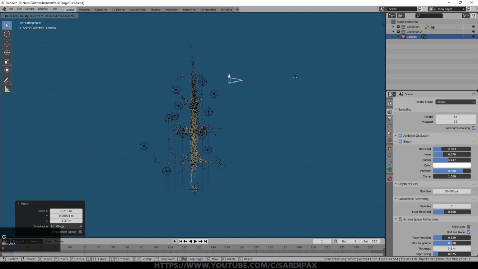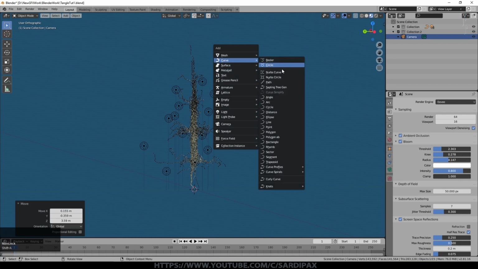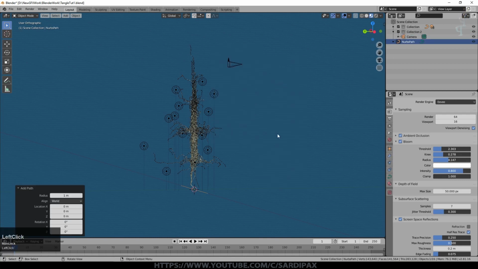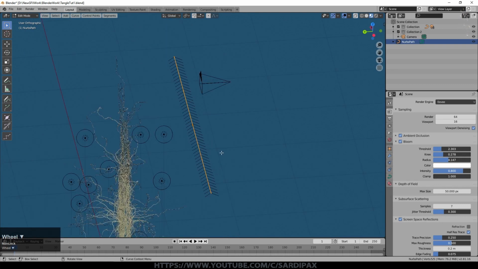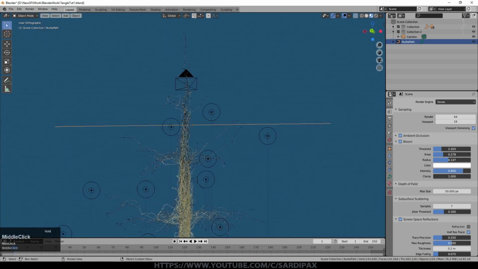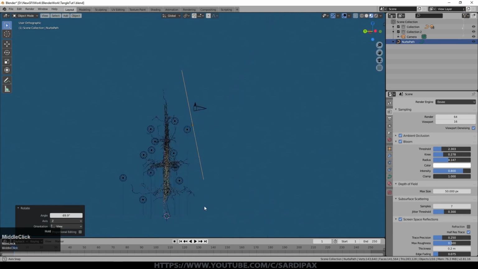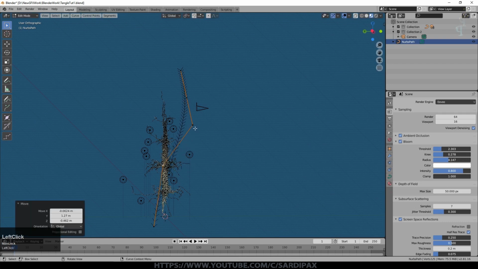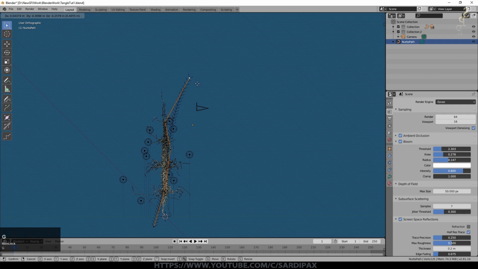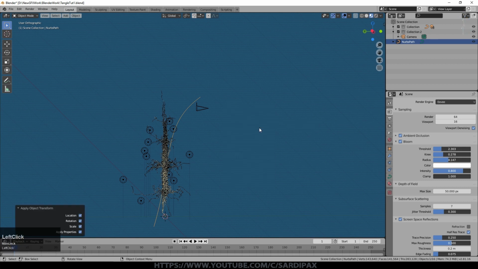That's fine. We can add a curve, which I typically use a path. I use paths rather than just ordinary curves very often because when you go into edit mode, you get a nice set of arrows on them which shows you which way the camera is going to go. So if I now rotate that one something like this, grab that end, and perhaps I put it there, and just moving some of these points through, perhaps start it there.